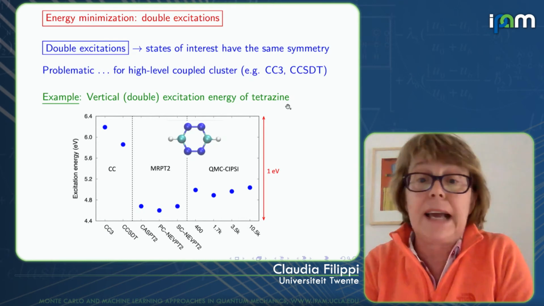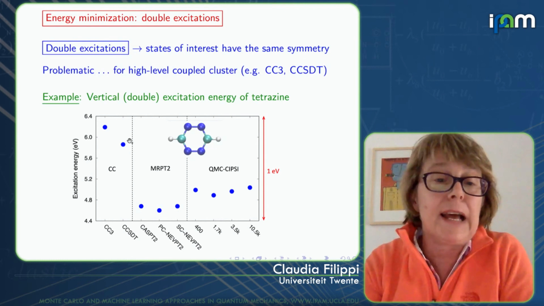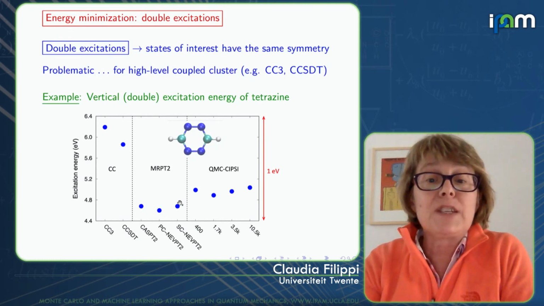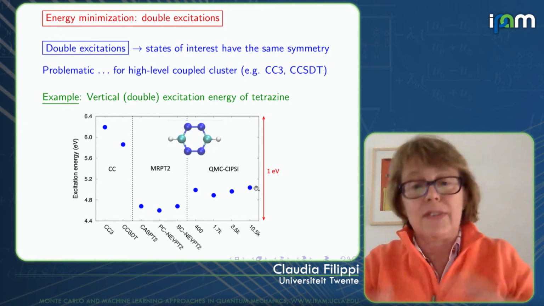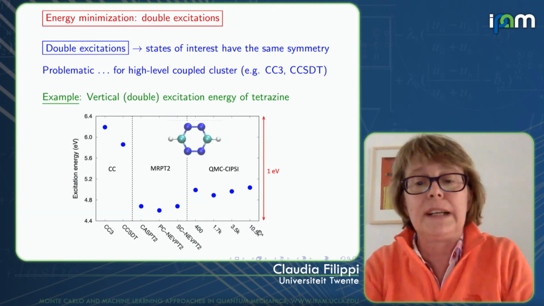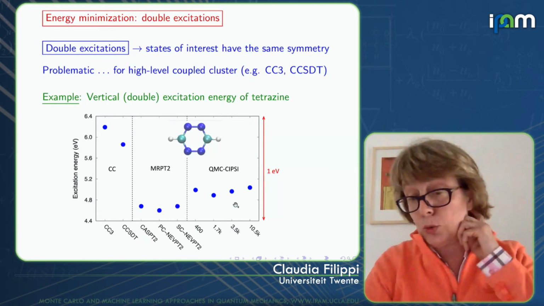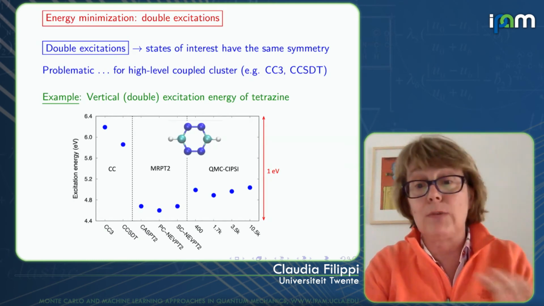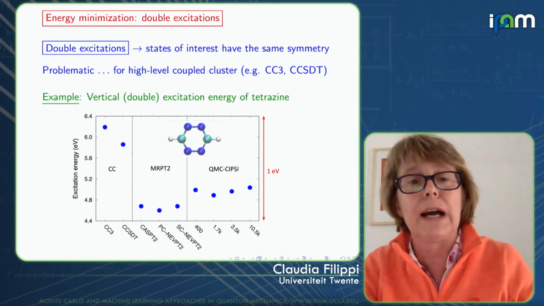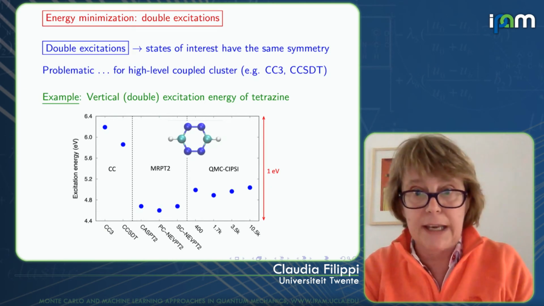So I'm showing tetrazine. Here are the excitation energies, again on a scale of 1 eV; coupled cluster is up here. This is CC3 and CCSDT, multi-reference PT2, and these are different QMC results with this selected CI wave function with between 400 determinants and 10,000 determinants. A problem we had in doing these double excitations is the reference: you know very well often what to take as a reference. So we doubted ourselves for some time, but we now have, as I'm going to show, enough confidence to say that we are doing okay.